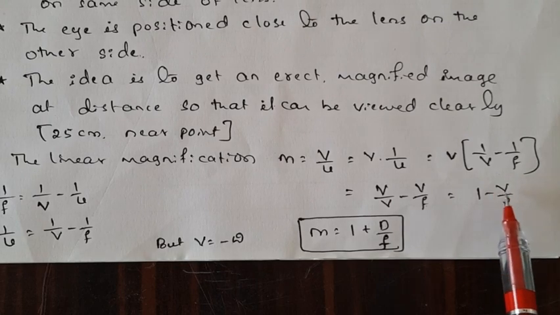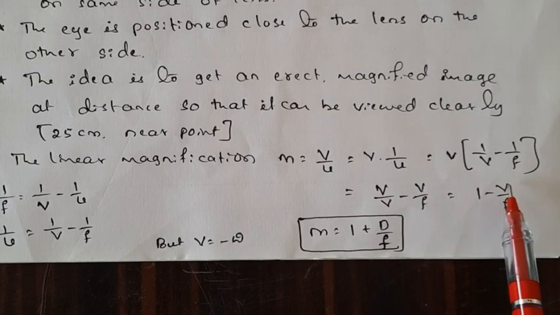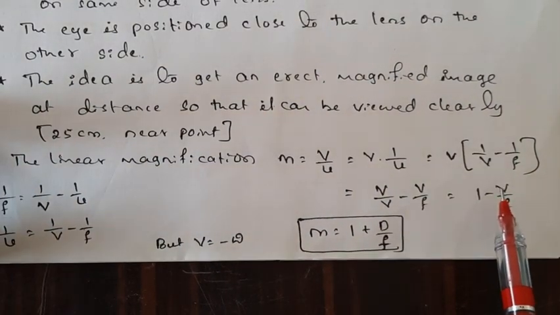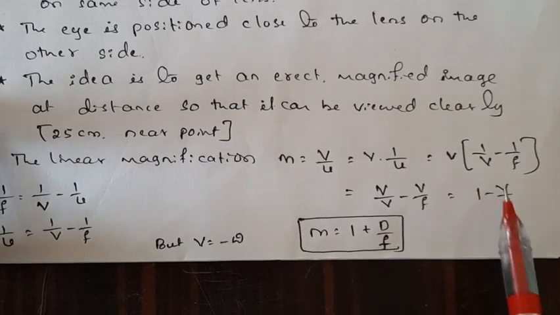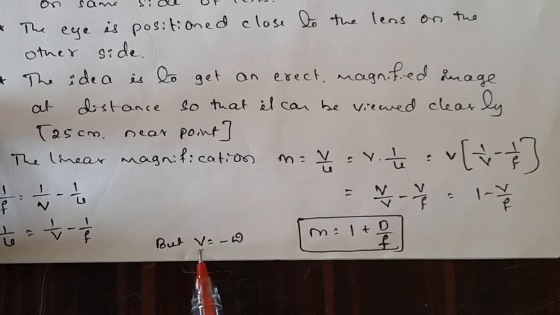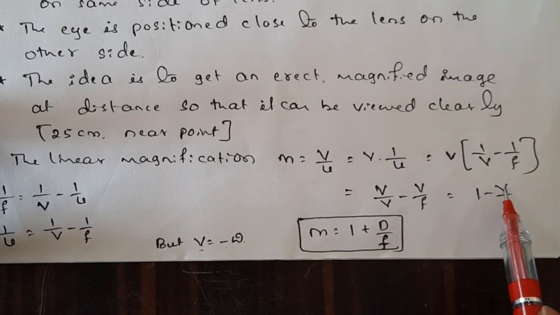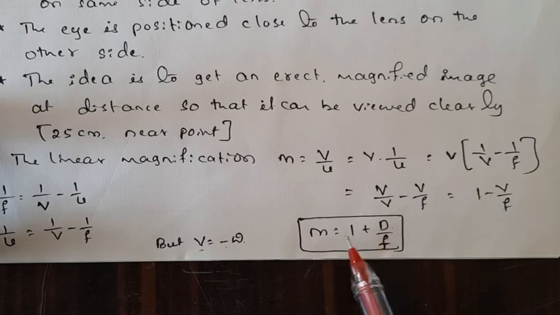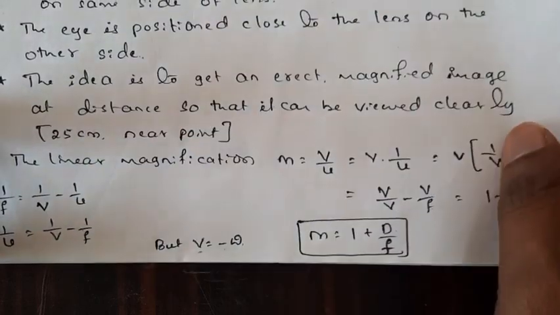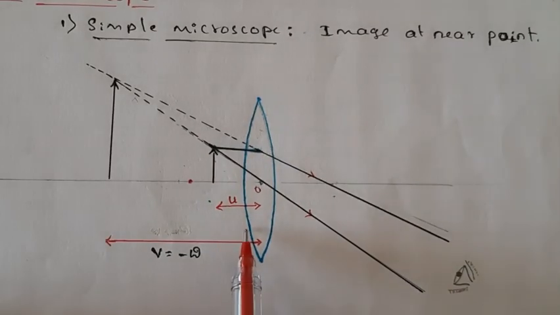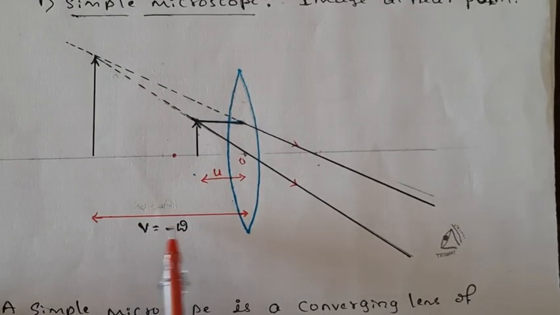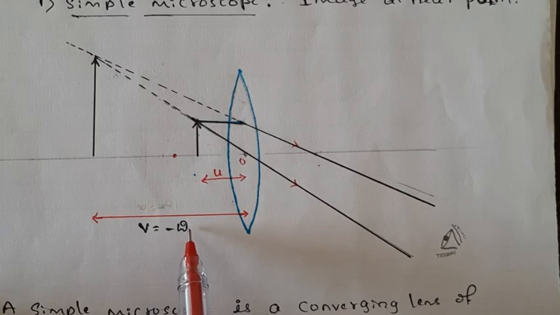Okay, and where the image is formed, I was explaining that the image should be at the near point, means at 25 centimeter. For the near point we give the symbol d. So v is equal to d, but because of the sign convention this is negative, and 1 minus of d becomes plus, so 1 divided by m plus 1, m is equal to 1 plus d by f. See here, this is the diagram. The image is formed on the same side of the lens, which is taken to be negative, and it is at the near point, so its symbol is v.